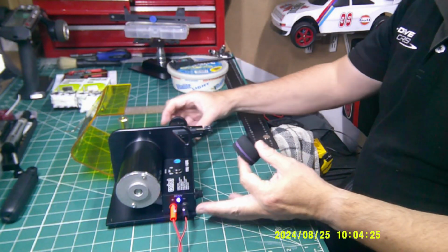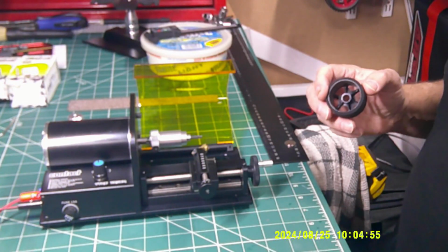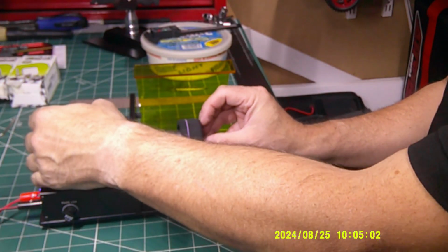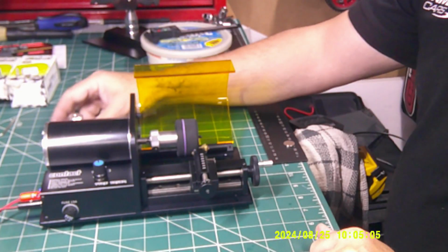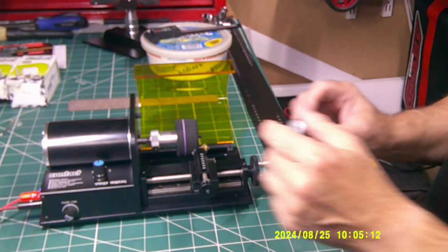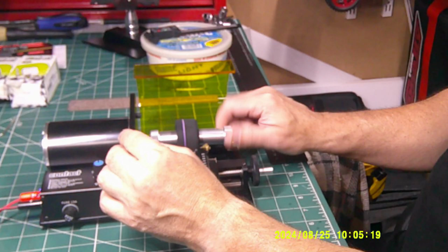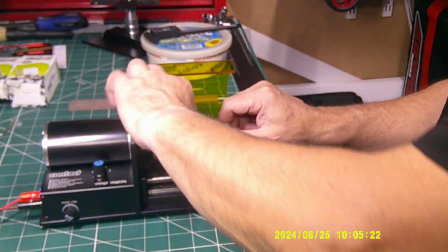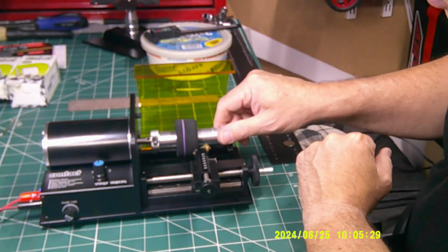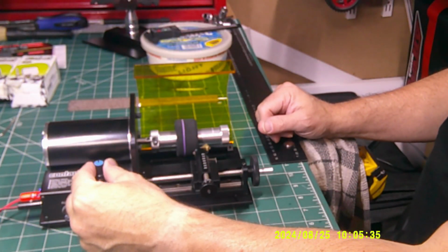I'm going to move this round to that side so you might be able to see a little bit more. Just to show you how it works, because my other camera is going to go pretty much flat. The first thing I do is put this onto there, so it goes on quite nice. Now, I'm not going to say this is the armature for these wheels and tyres, but it'll do for now. And then we're going to put this on, making sure that that's done up pretty tight, because you don't want that to distort the wheel or come loose. Although nothing's near it, if I turn this on,